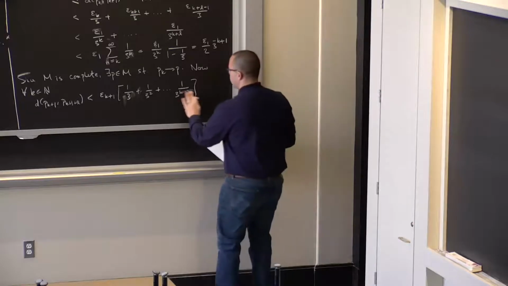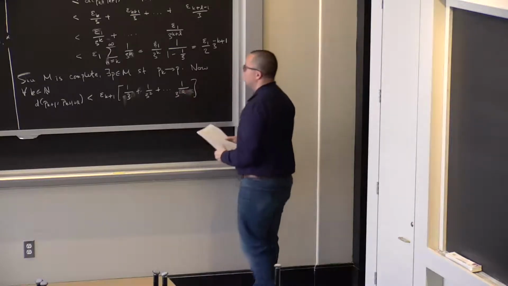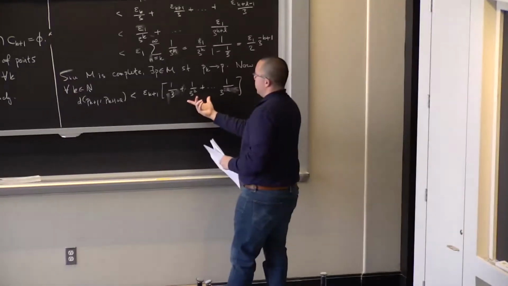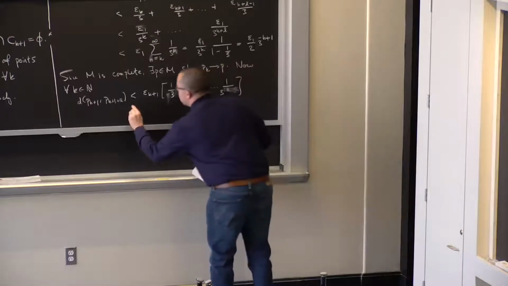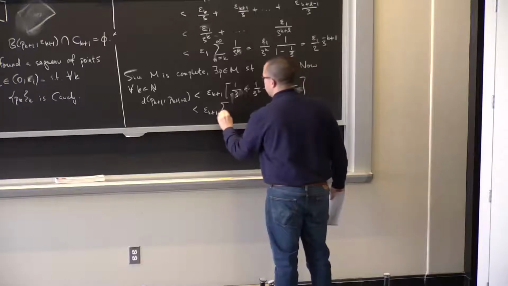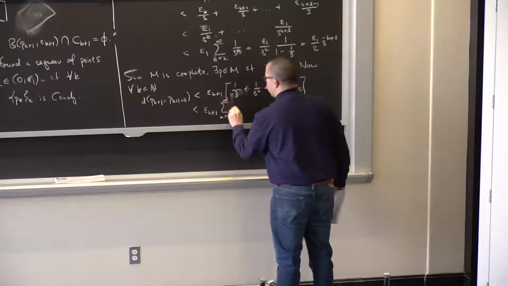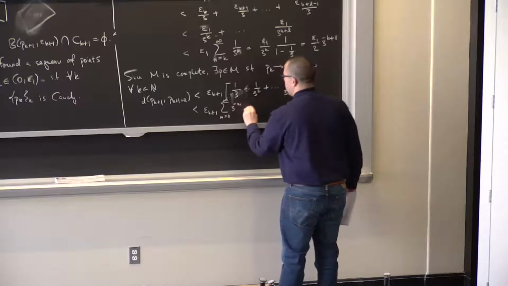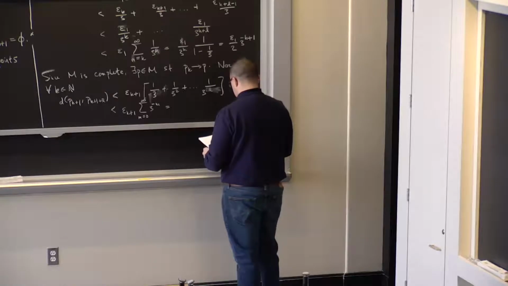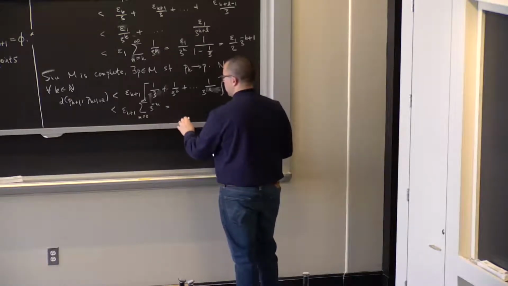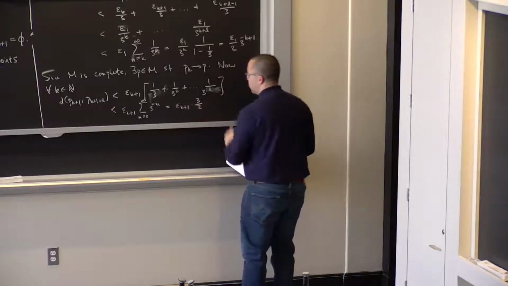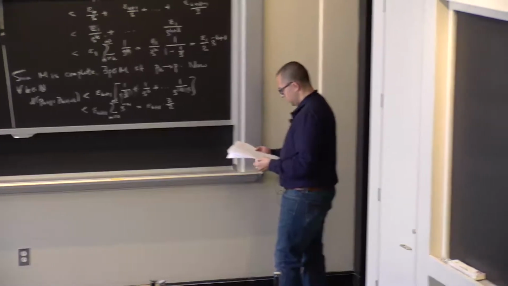Or I'm sorry, I think that's just L. And now, this thing is less than if I replace it by the infinite sum. So this is less than epsilon k plus 1 times the infinite sum again, m equals 0 to infinity, 3 to the minus m, which equals what? So this is again equal to epsilon k plus 1 times 3/2. Okay.